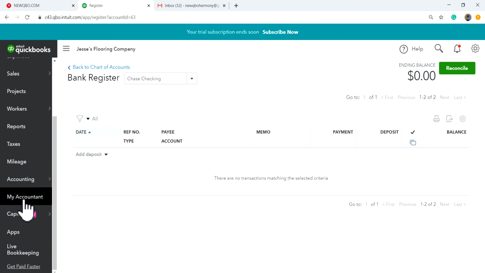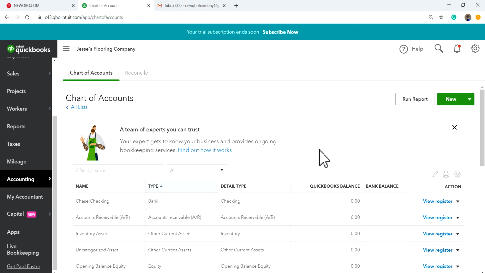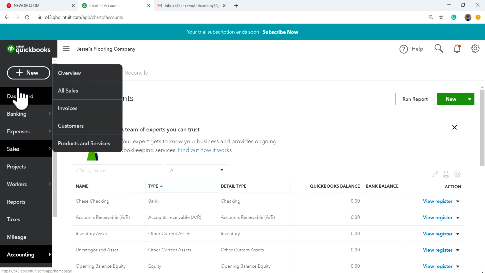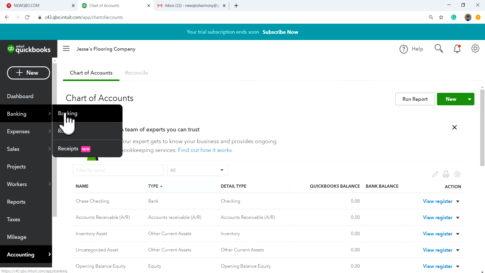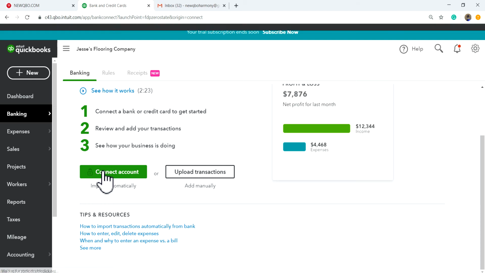Okay, so basically you just open your bank account. You can connect it, and if you don't want to connect it, that's fine. I'm just going to do this manually. If you want to connect a bank, you go to Banking. I'm going to show you this one too. See, connect account,